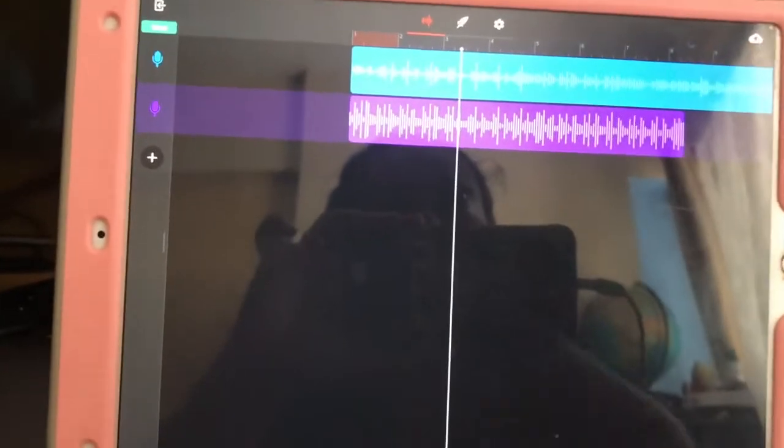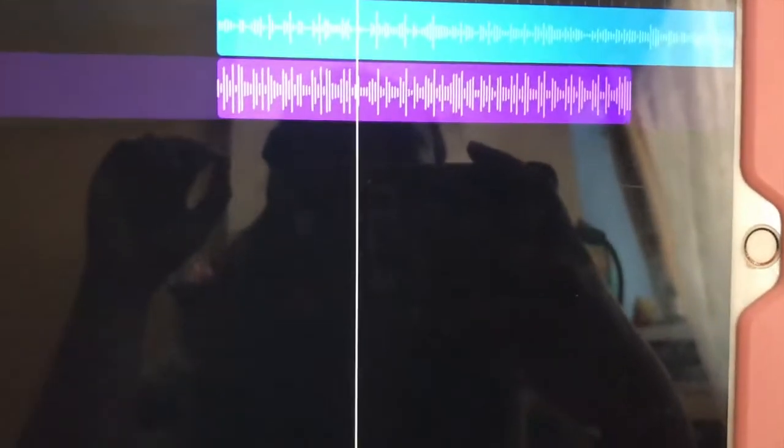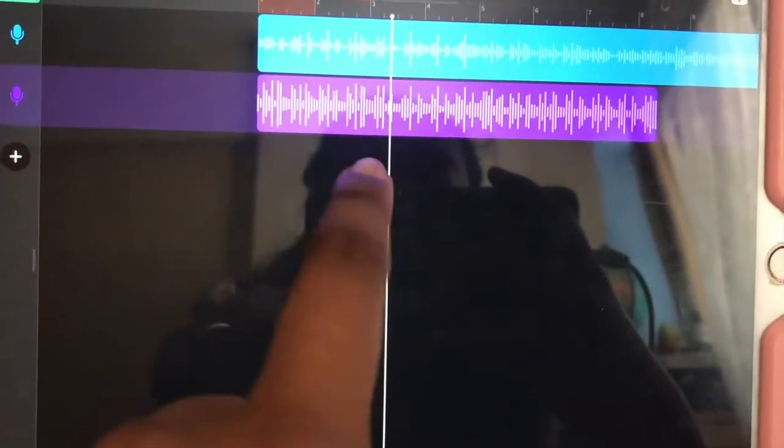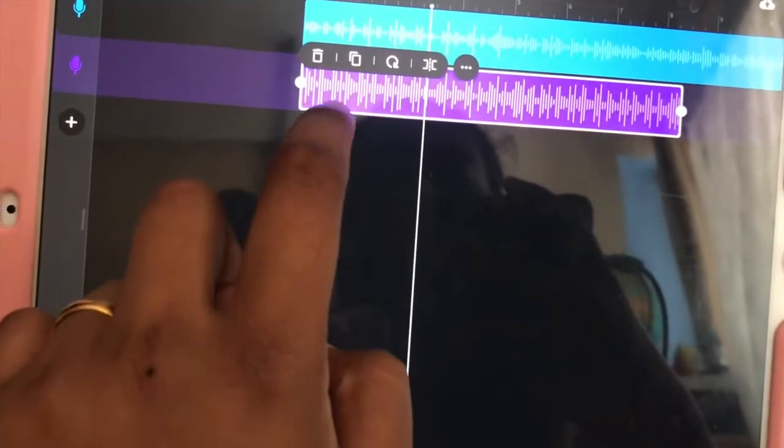So what has happened is, because I have not used earphones, it's sounding very harsh. Okay, everything is blended, the audio is not a separate track. This is a mixed track of the audio and the song, but I just need my audio. So what I will do is I will just delete it, and I'm going to plug in my earphones.